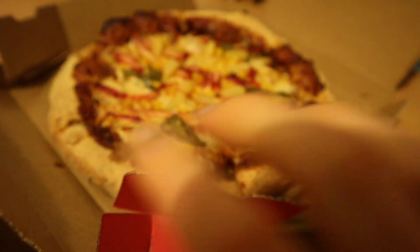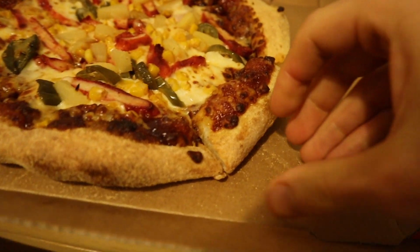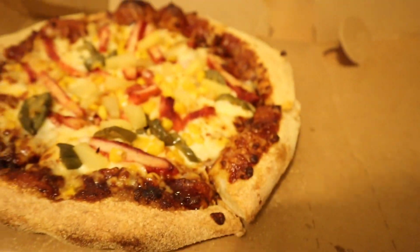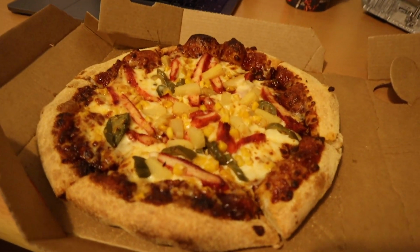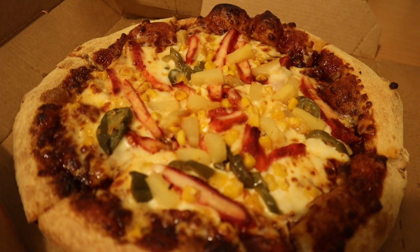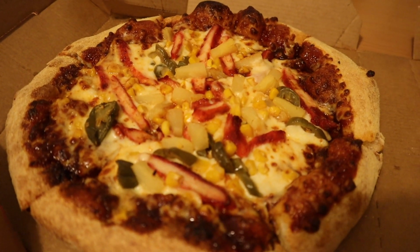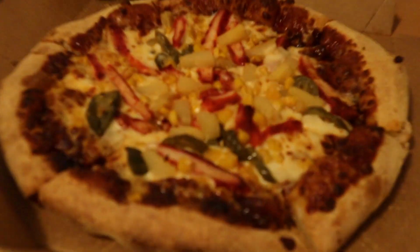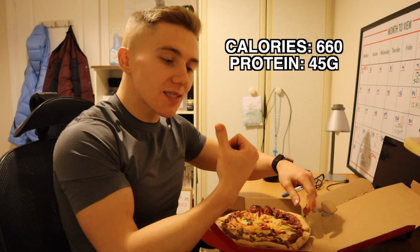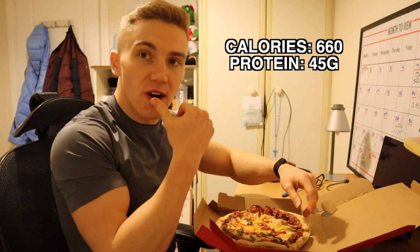Boom. So I got a small pizza, Italian style crust, and as you can see it's quite similar to the classic crust, just a little less doughy. I got tandoori chicken, and I got some jalapenos, sweet corn and pineapple as well. Controversial, I know. And in this pizza there is a total of 660 calories and 45 grams of protein,